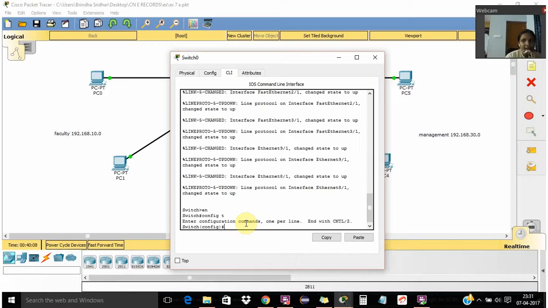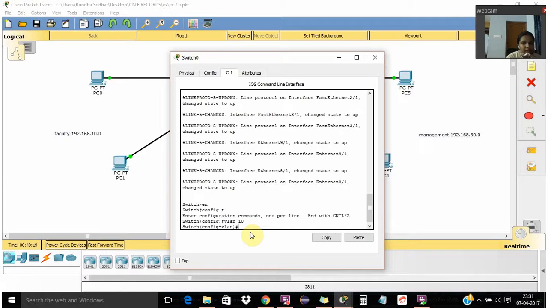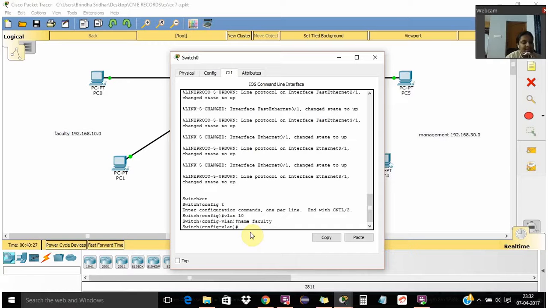The first command I have to give is vlan, and I give it in the 10 series, so vlan 10. And next I have to give the name of my LAN, which is name faculty. And the next command I have to give is switchport mode access,